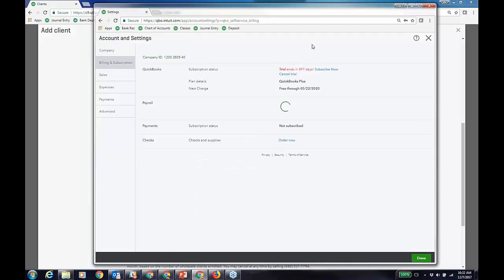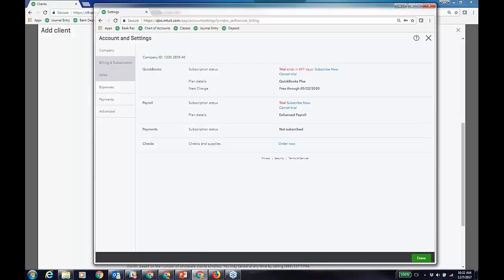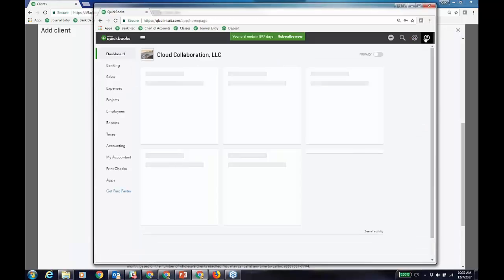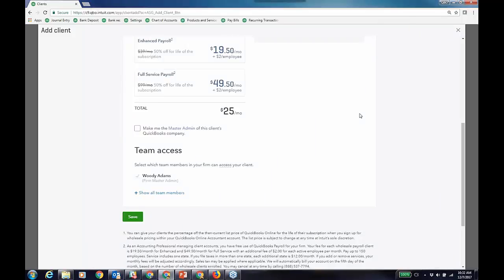So this billing and subscription tab, if it's under wholesale, we remove this, even from the master admin's view, if the master admin's your client. And the firm has to add payroll or upgrade or downgrade a subscription or cancel it or remove it from wholesale, right? So under wholesale billing, not even Clay would see this, even though he's the master admin of the file, but it's under my credit card, so I don't want him to see that info. So we hide that from their view. So wholesale billing is really safe, great way to get it cheap, and you never have to be the master admin if you think, oh, I don't want them to see the credit card,